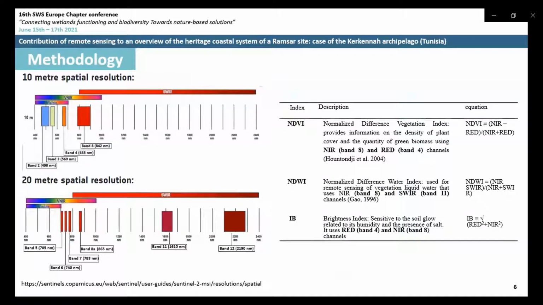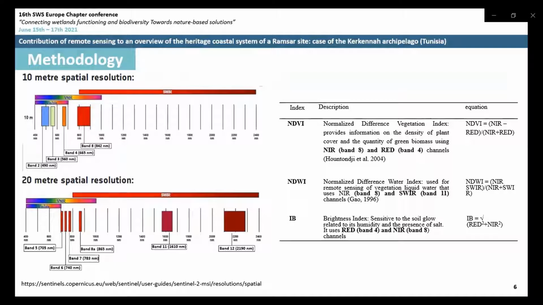The treatments were carried out from spectral bands 4 and 8 with 10-meter resolution and 11 with 20-meter resolution to calculate three indices: the normalized difference vegetation index, which provides information on the density of plant cover and the quantity of green biomass using band 8 and band 4; the normalized difference water index used for remote sensing of vegetation